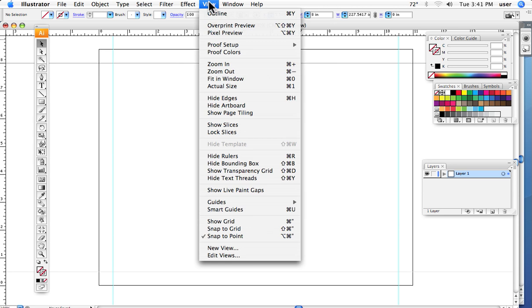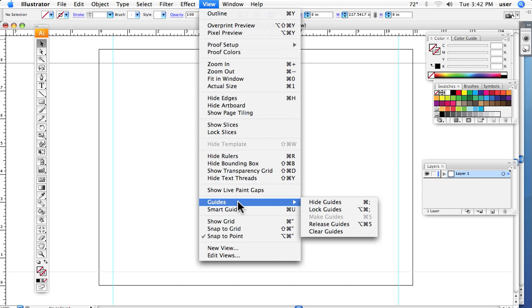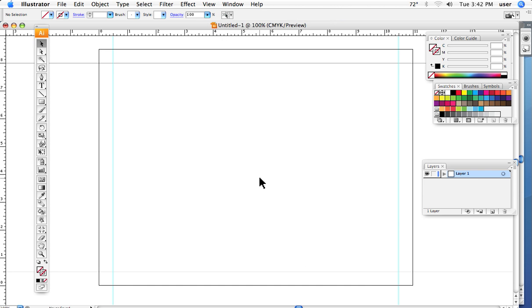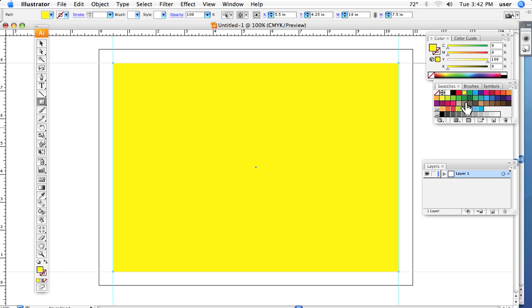And I'll go back up under View and I'll lock them again so that they can't be moved or get knocked off kilter. So I'll lock the guides, and there they are. Okay? And now I can draw, let's say, a rectangle right here. And there is my rectangle. Put some color in it, and there I have my image area,